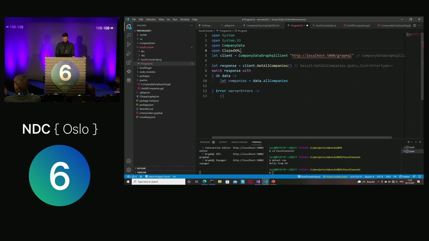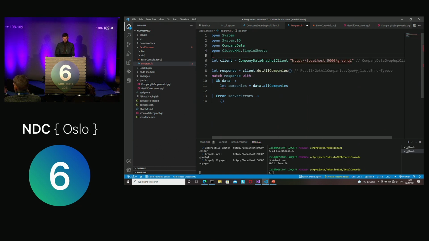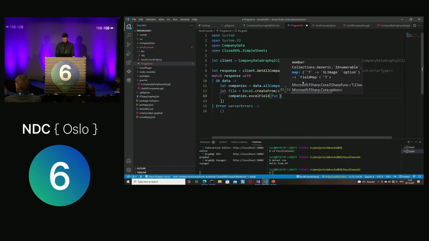So ClosedXML.Simple sheets. It's a small library on top of ClosedXML, which is a huge library to make Excel and Office files. So this is a nice API around it. Okay, let's make the file, which will be Excel create from companies. And it takes a list of fields that it needs to. So that is companies, Excel, field from each company goes to,